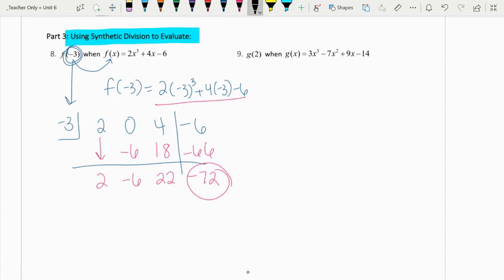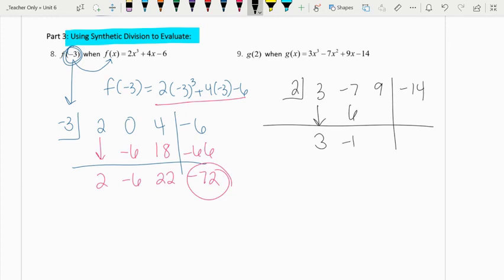So the next one, we want to find g of 2, so we take the 2. We have 3, -7, 9, -14. Drop down the 3, multiply, add, multiply, add, multiply, add. My final answer is 0, or